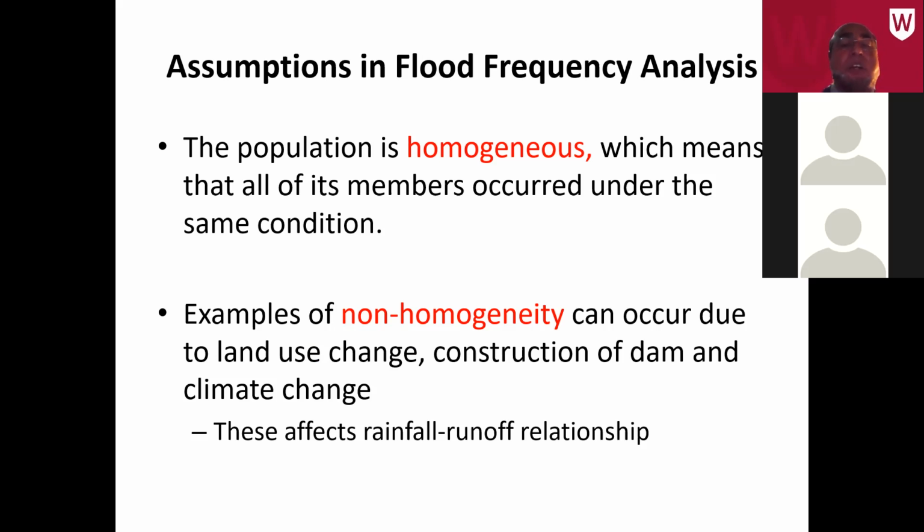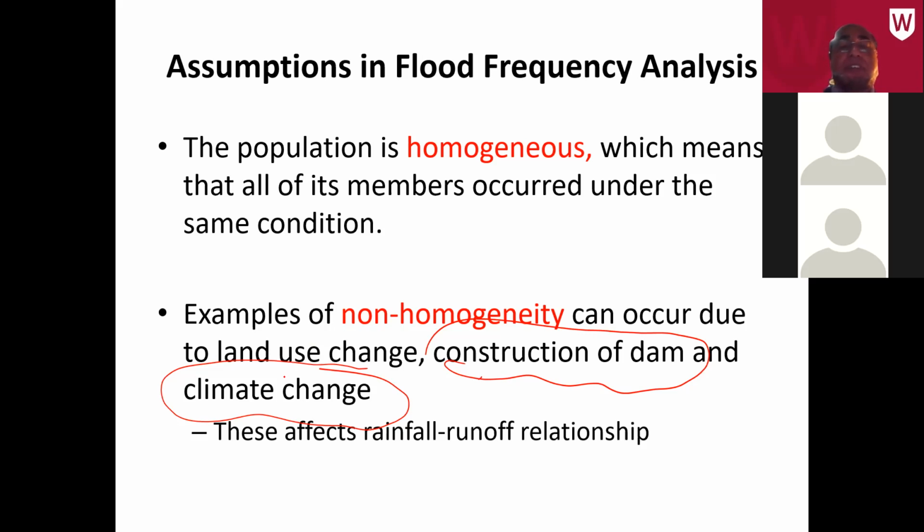Examples of non-homogeneity can occur due to land use change, as I explained to you, or if you construct a big dam on the catchment. It can also happen due to climate change, because climate change is increasing the rainfall intensity and the duration. For 1 degree temperature rise, there will be 10% increased evaporation. So that means that our cloud will be loaded with more vapor and water. So when rainfall happens, it will dump more rain in a short period of time,